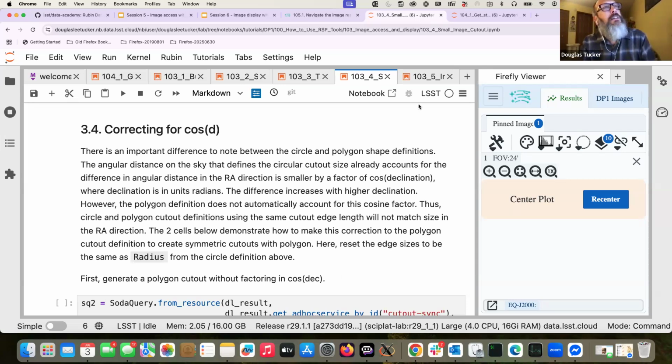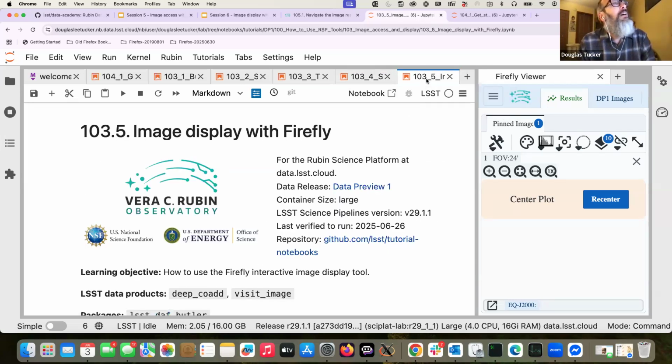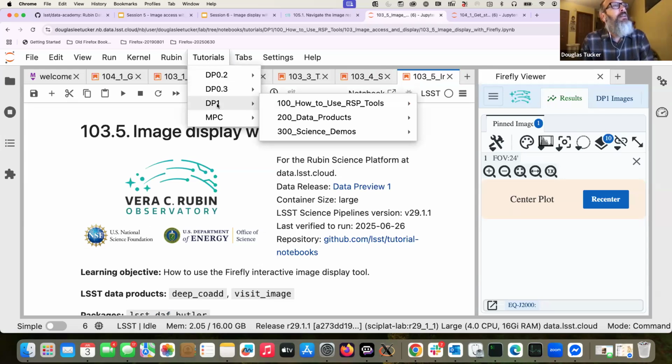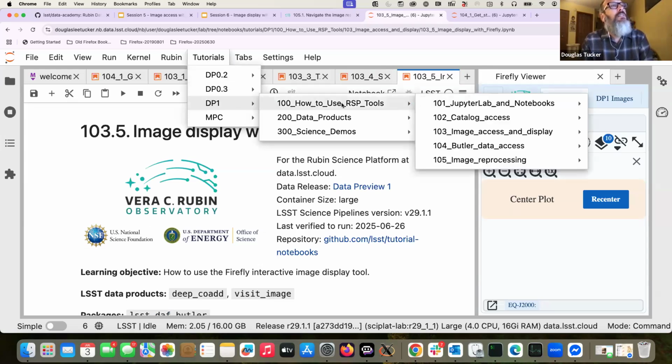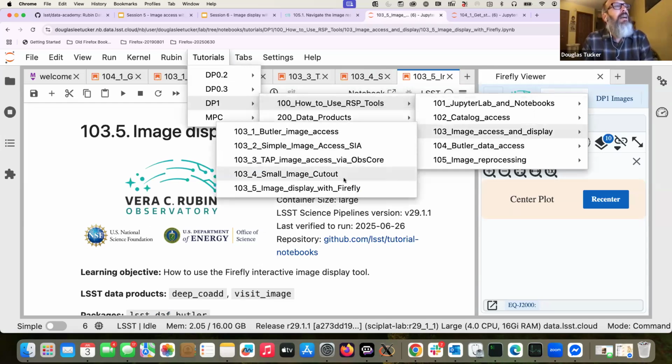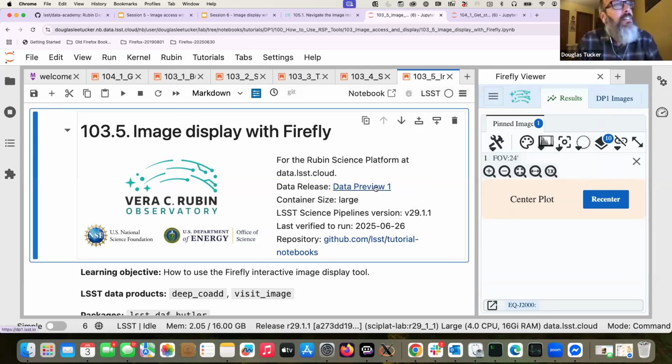All right, let's go to the final notebook tutorial. I think we're probably not going to get to the portal tutorial, but let's go to the image display with Firefly. And once again, go to the tutorial tab, go to the DP1 menu, the 100 level sub-menu, the 103 level sub-menu, and go to 103_5 image display with Firefly and click on that, and it will open up in your Jupyter